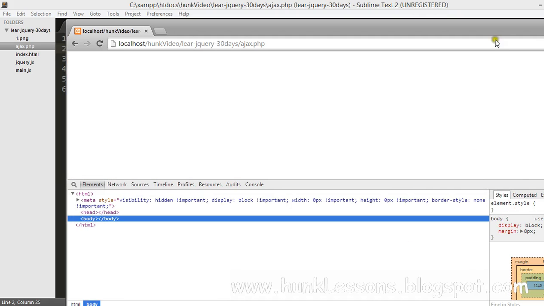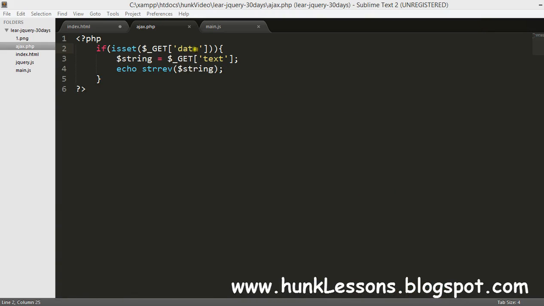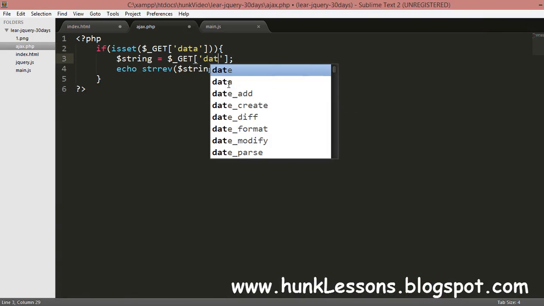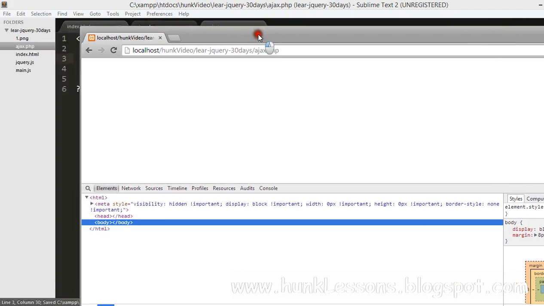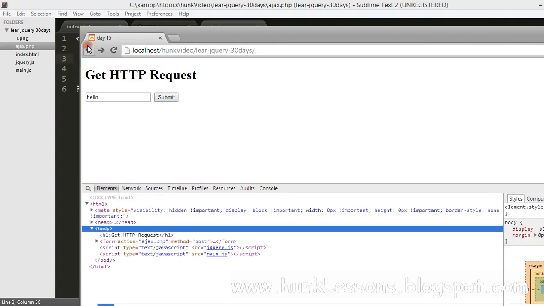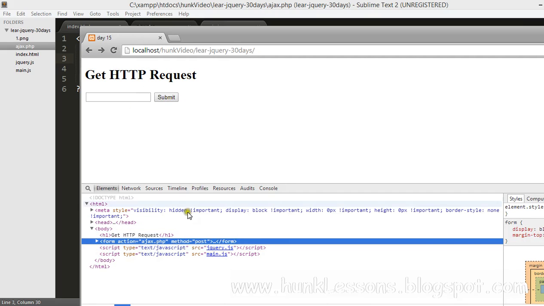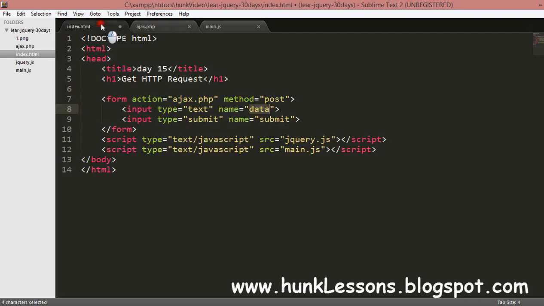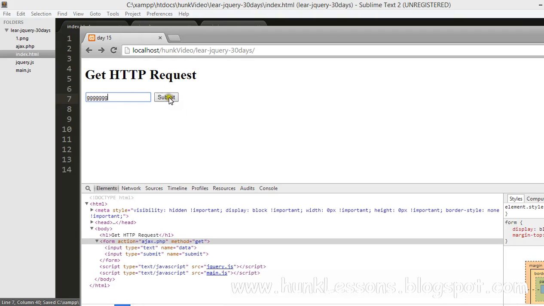Well, what am I missing? I should see that data, but it's not showing. Oh, I'm using post here and sending the request with get. That's the problem, it should be get. So guys, sorry for my silly mistakes.